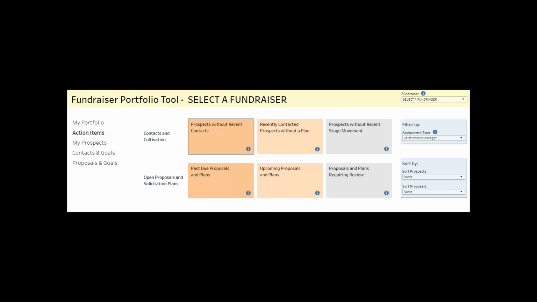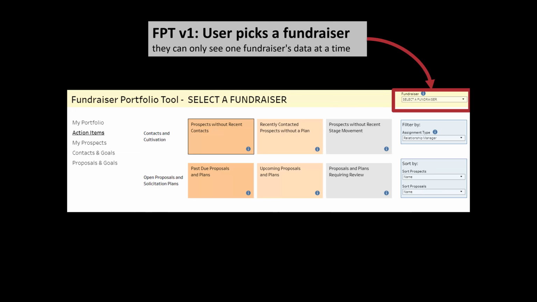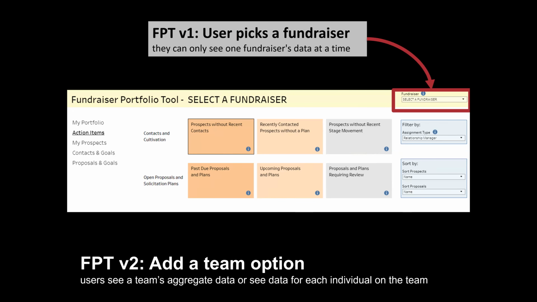I'm going to also speed through some other things. So we are currently in version 2, or about to release version 2 of this tool. And so we've done like 13 rounds of testing between versions 1 and 2. In version 2, we are going from being able to select a single fundraiser to being able to select a team. And we're also fixing some issues that we found during training.